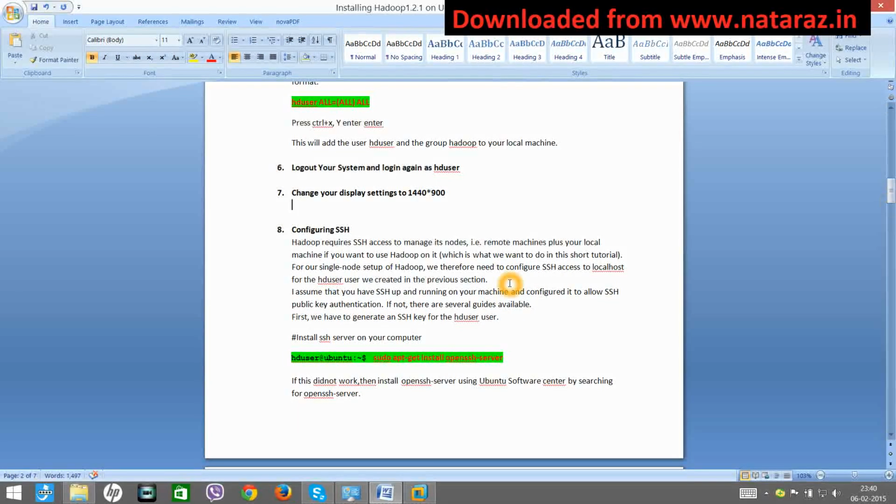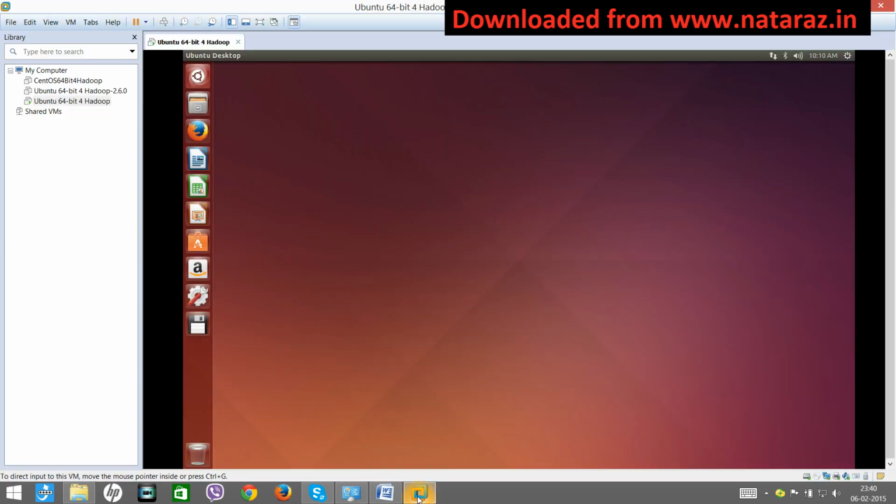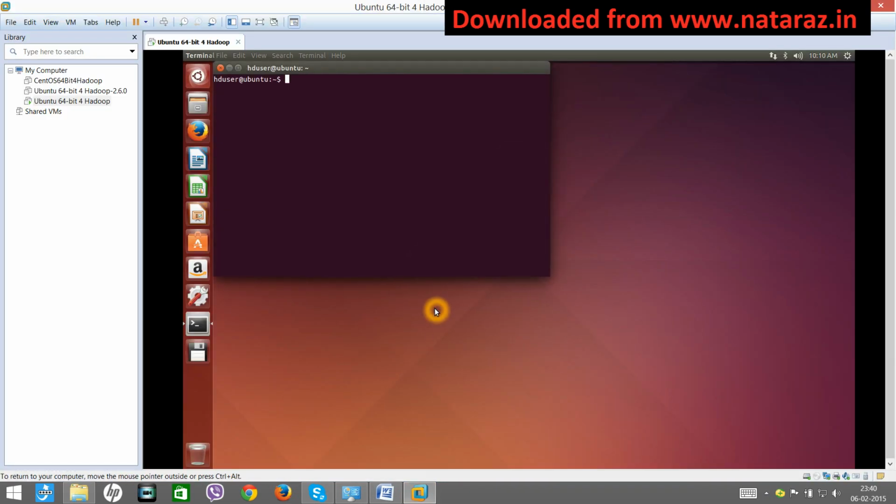Okay. Next is you configure SSH. What is that? While using Hadoop, we have name node, data node, task tracker, job tracker. These components will interact with each other using SSH. So you need to install that SSH server. Copy, Control Shift T, Control Alt T, paste, enter.